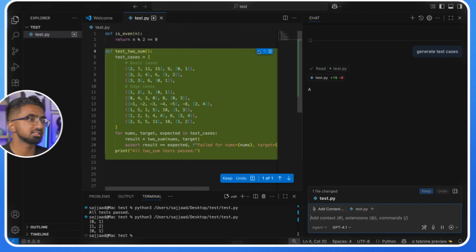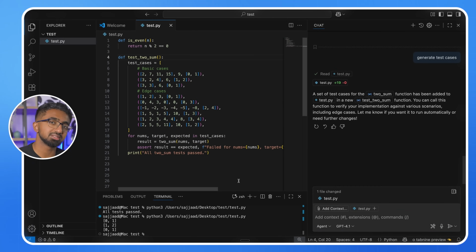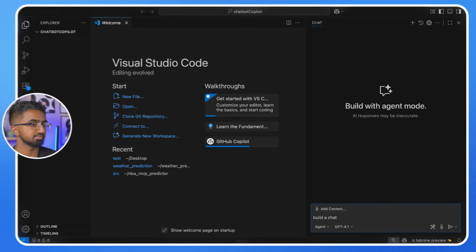Perfect. This is good. It's still a simple function, so this is kind of baseline expected at this point, but overall, I'm pretty impressed with it. Now, let's try to scale it up even further. I'll say,